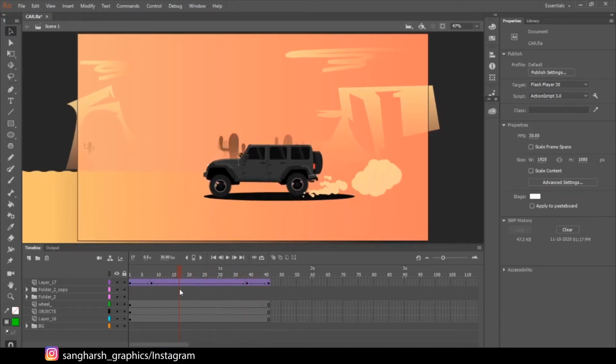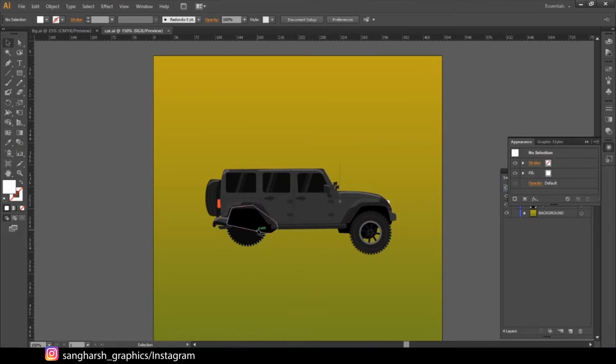So let's get started. Firstly, I have downloaded the vector truck as an AI file. There are too many websites from which you can download 100% royalty free vector objects, vector cars, anything. I have downloaded this vector car from the Freepik website. I will give the link in the description. You can just go and download it. It's 100% free, no sign in. You can download some of the limited files without signing in. So I have downloaded this.